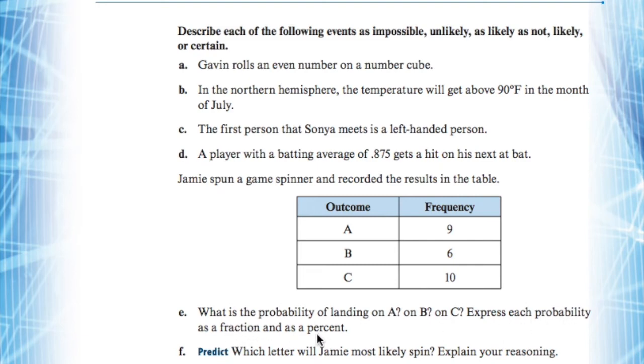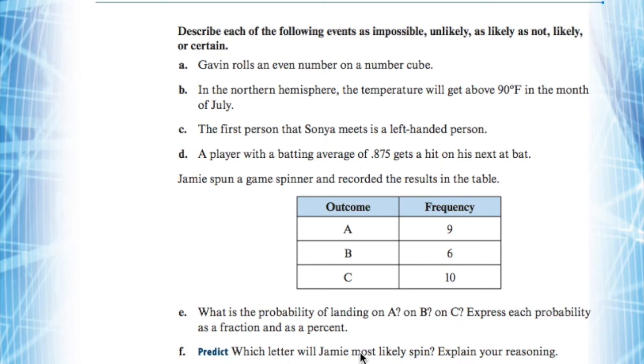What I'd like you to do is turn that fraction into a percentage by dividing the fraction, the numerator by denominator. So this would be 9 divided by 25. It's going to give you a decimal. Take that decimal, multiply by 100 to get a percent. Same thing here. 6 divided by 25 is going to give you a decimal. Take that decimal and multiply by 100 to turn it into a percentage. You can write those answers right down below here. It might even work best if you write them below A, B, and or C.